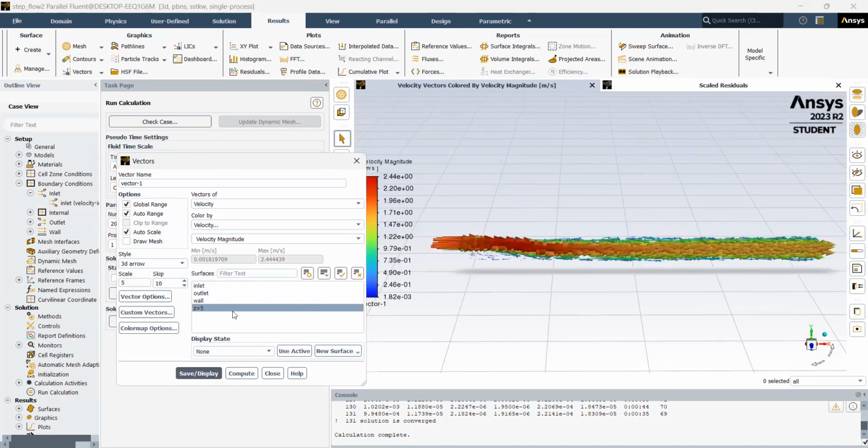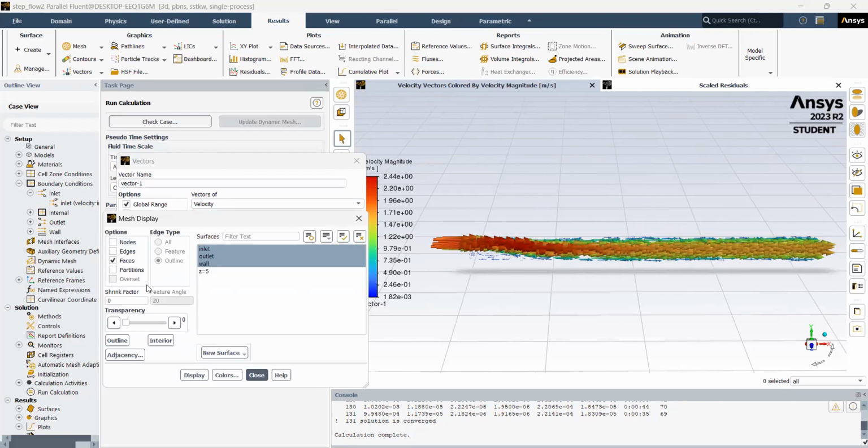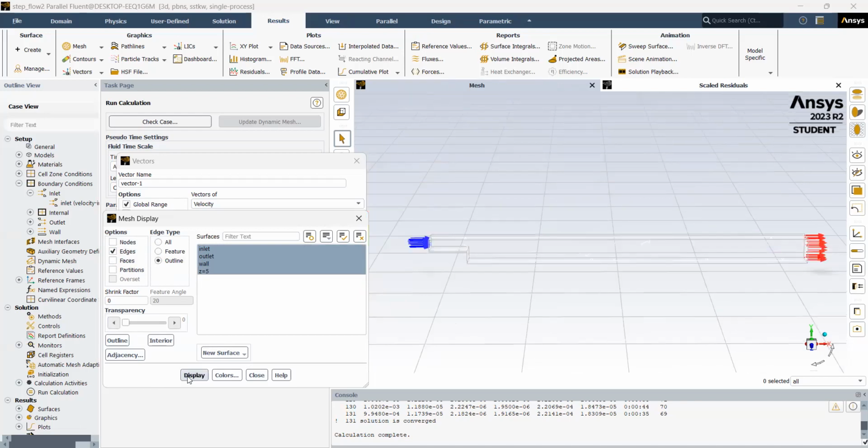And then now what we want to do is the relative location. So you want to go to this options, draw mesh, and now the mesh will pop up. Deselect the faces, select the edges, outline, and then make sure Z equals 5 is selected and display. But this is really hard to see. So how are we going to make this